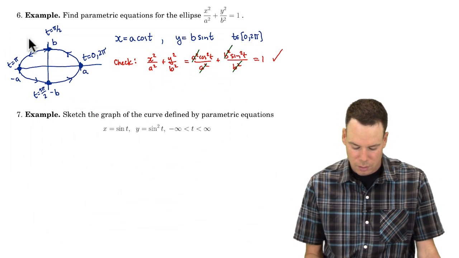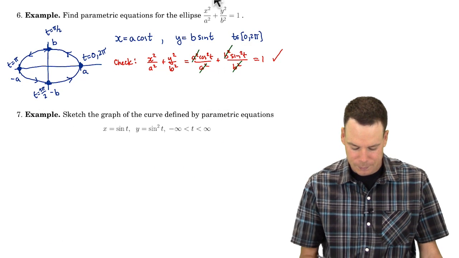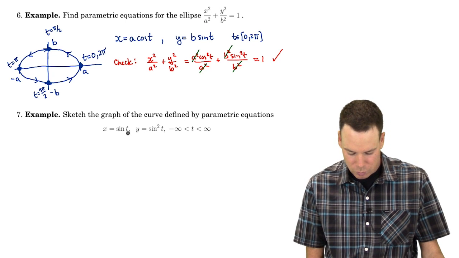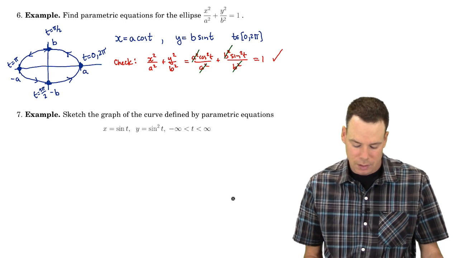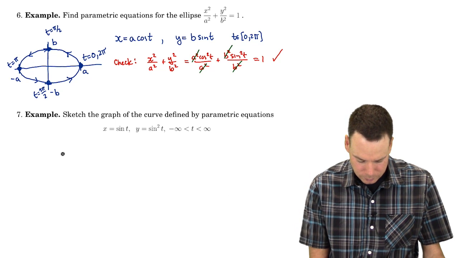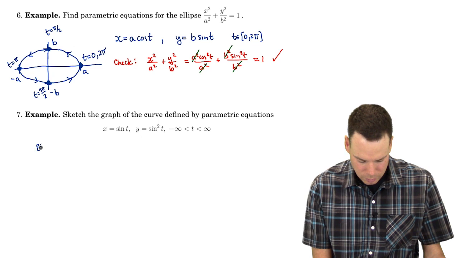Right, let's move on to another example. Let's sketch the graph of the curve defined by these parametric equations: x equals sine of t, y equals sine squared of t. So how do we do this? Well, we can start by eliminating the parameter